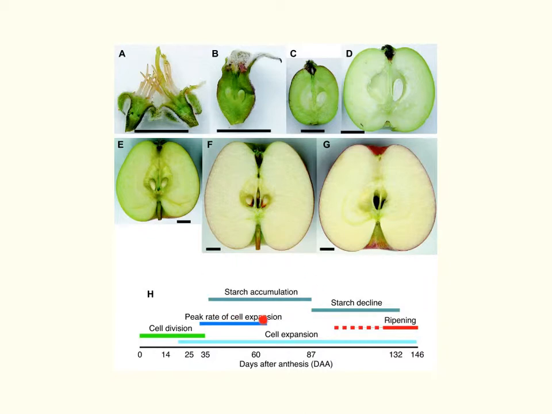Starch begins to accumulate between days 35 and 87. That starch will continue to be a major food source for this plant over time. Eventually that starch is used up. The plant uses that energy as it grows and it ripens, and it forms simple sugars, which makes the fruit sweeter, which is why we like eating apples as they're a little bit older rather than a little bit younger, when they're still very